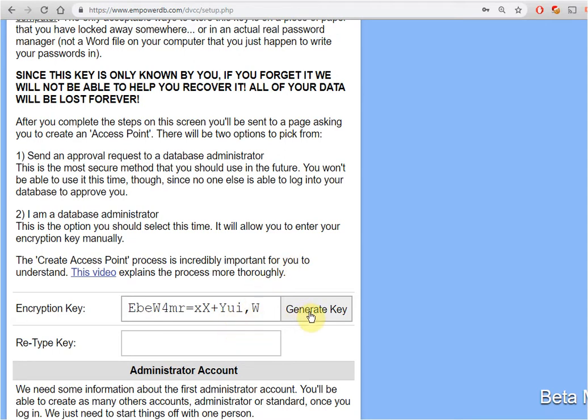Sometimes when I generate a key, I take a look at it and I don't like how some of this looks. I'm going to press it again, see what I get. Nope, don't like it. Don't like it. All right, I guess that one's fine. All right, so that's going to be my key, and I'm going to